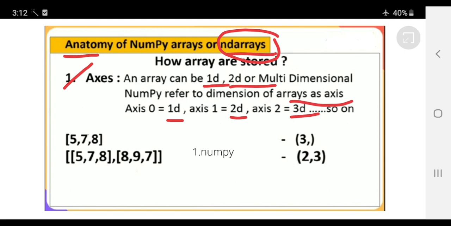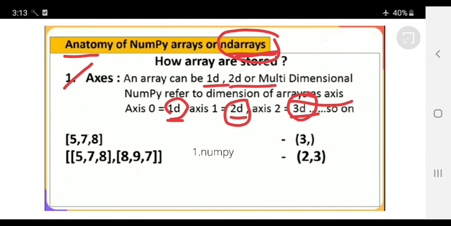So axis 0 means the x-axis, only one dimension, and axis 1 means the xy axes, that is having two dimensions. Axis 2 means three dimensions, that is xyz, and so on.